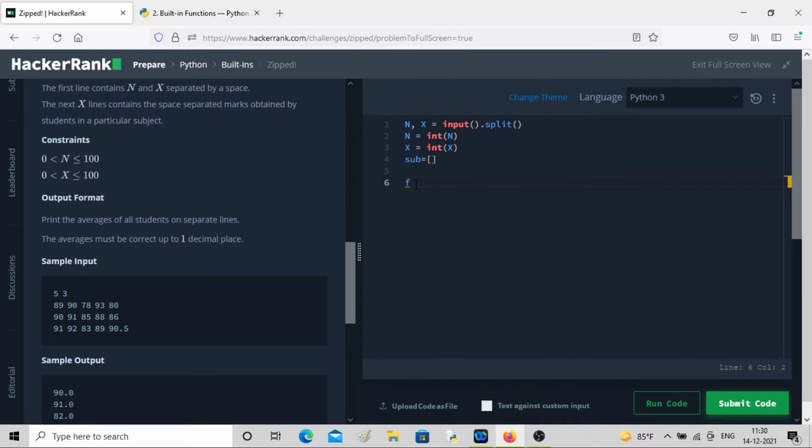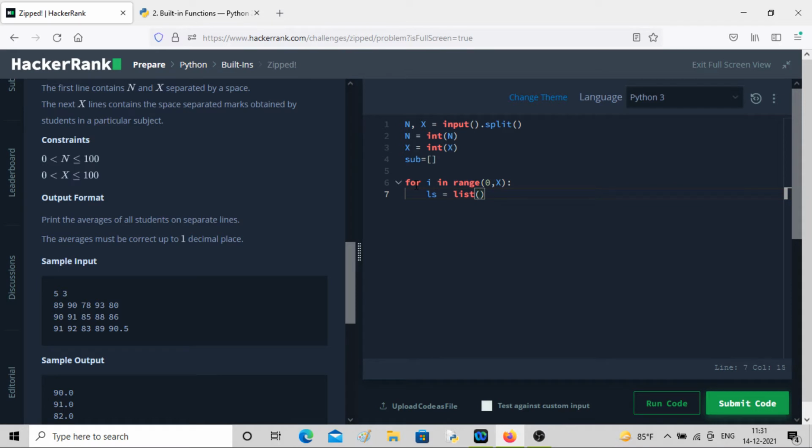So for i in range 0 to x, and I'll define a variable called ls equals, and we convert into list form all the marks.